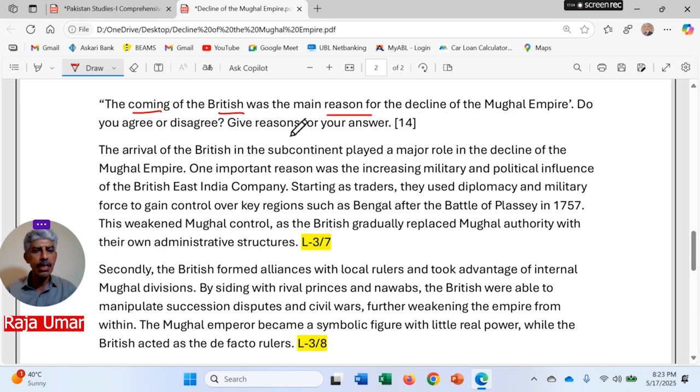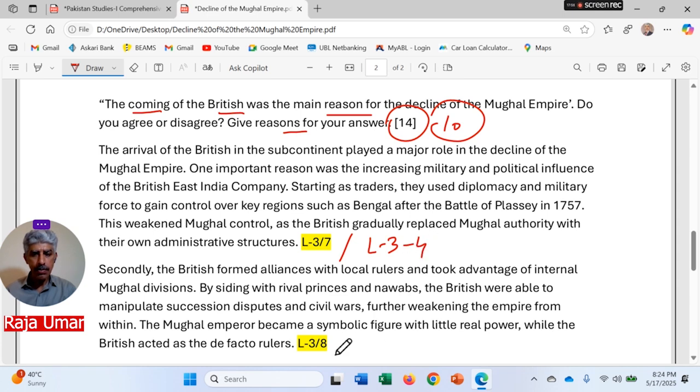Do you agree or disagree? Give reasons for your answer. It is a 14 marks question. It can be a 10 marks question if it comes in the compulsory question, question number one, right? Now, if I just mark the marking scheme for 10 marks as well, level 3,